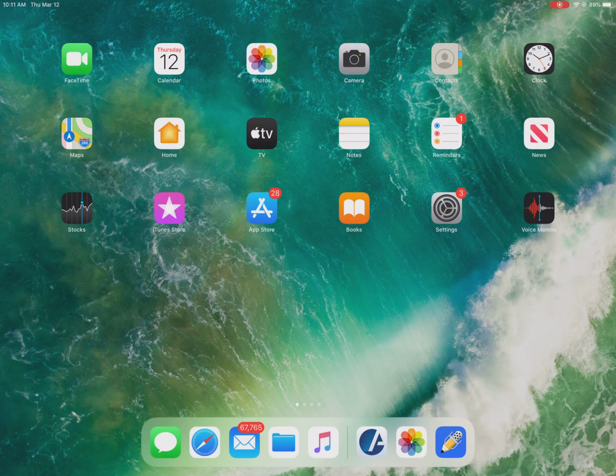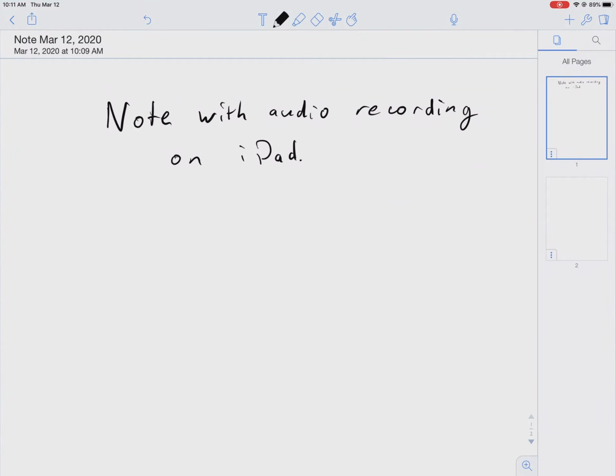I wanted to very briefly show you how to do this on an iPad. First thing you need is an app that lets you take notes. I like to use Notability, but there's many other options. So once you have this capability, then you can write notes on here and deliver them. For instance,